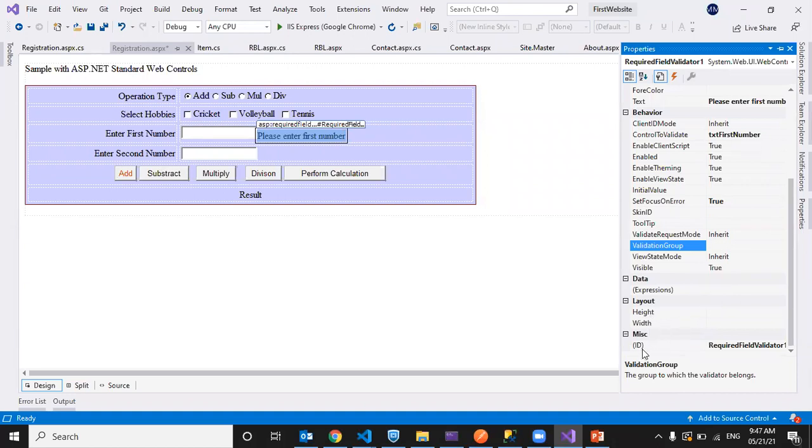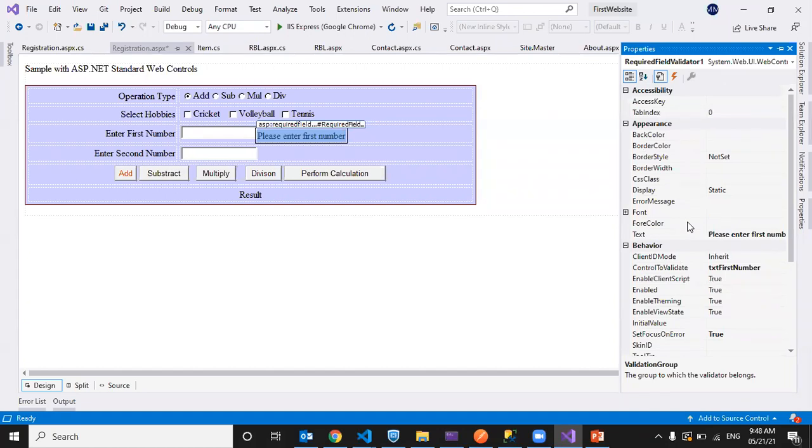ID, height, width, all these are common properties. Now, the required field validator. This control is used to check whether the user entered data or not in a text box, or whether he selected an option or not for a checkbox, radio button or drop down list.